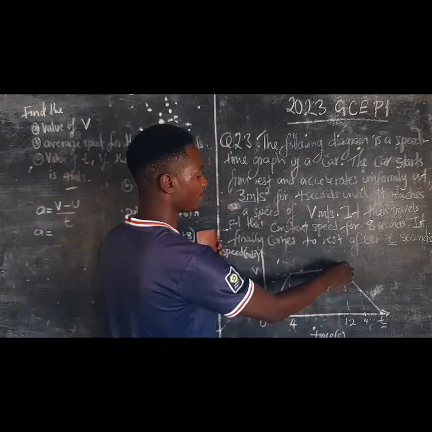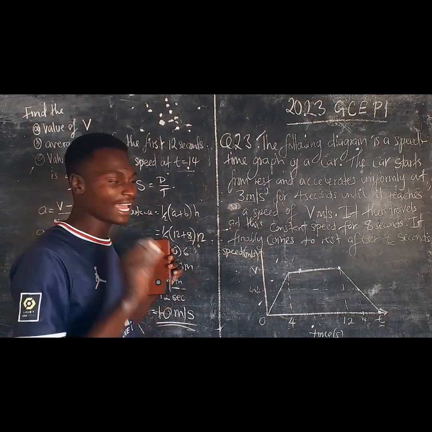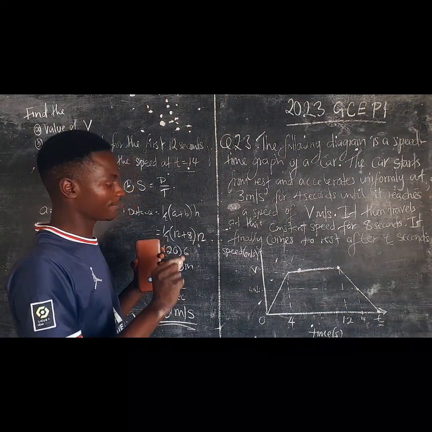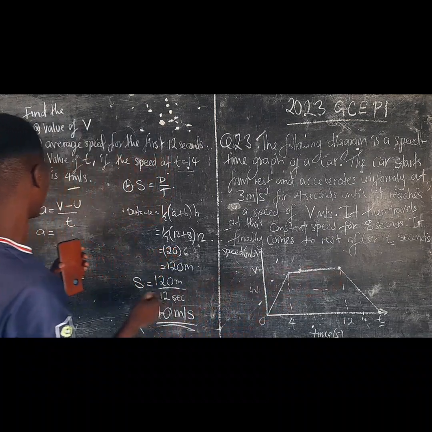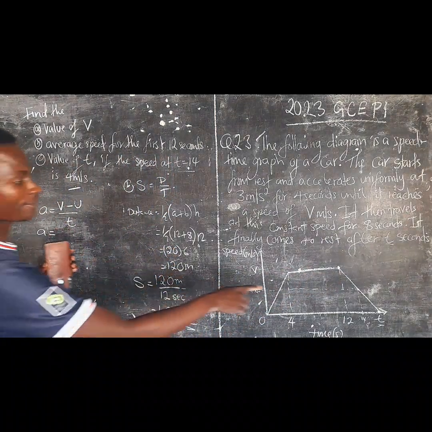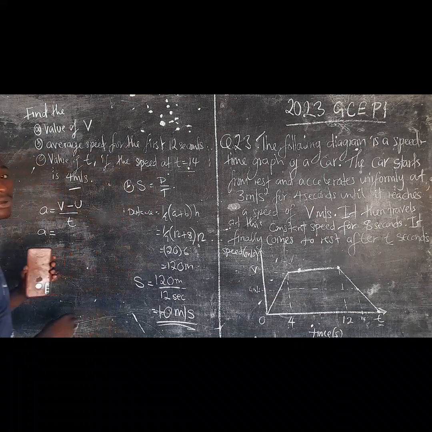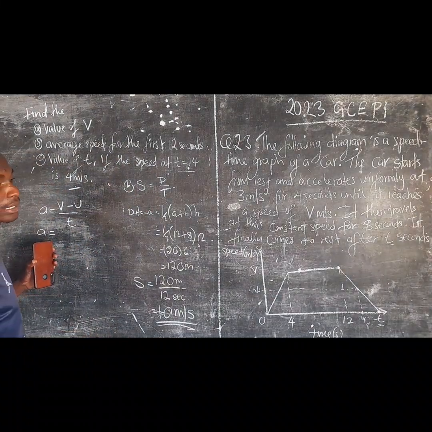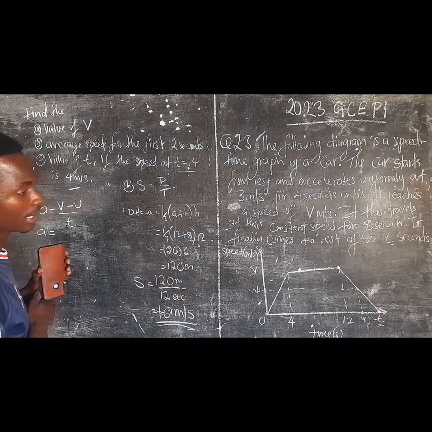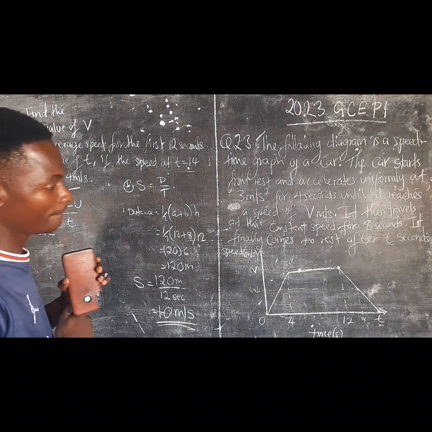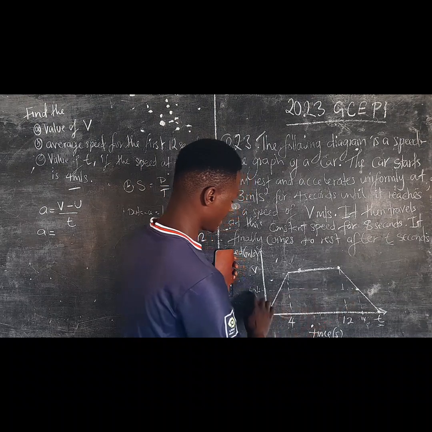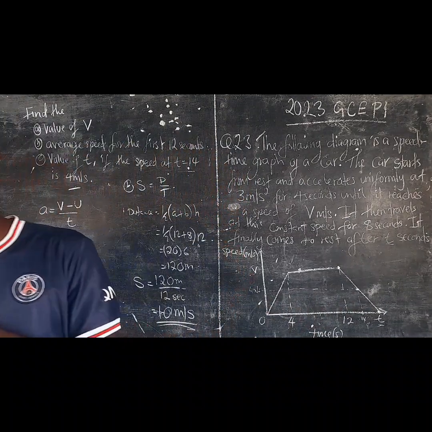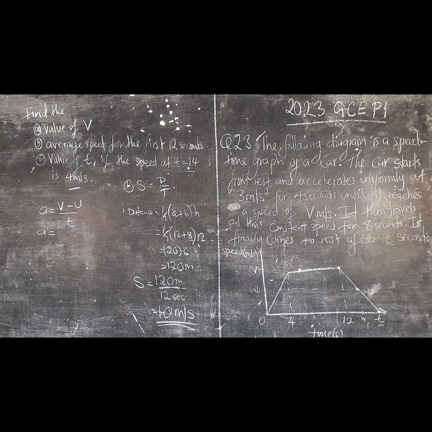So the moment the driver applies brakes, that's the initial velocity. So the initial velocity is 12. And the final velocity is 0 because now the car is not moving. But we will not say 0